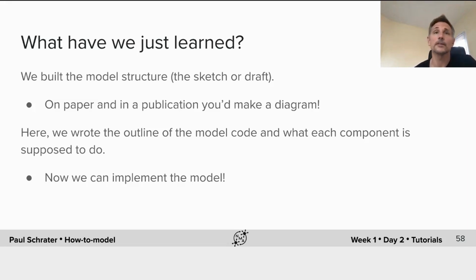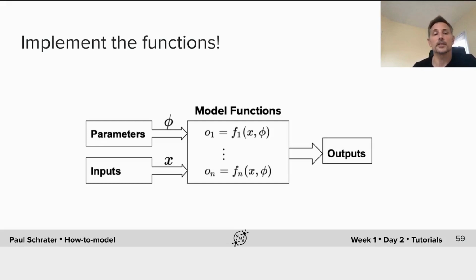For those of you who haven't had a background in software engineering, planning things at the code level should mirror these diagrams, but it looks different. Still, it's incredibly useful to engage in the structure on a regular basis that we just went through in the previous tutorial. As we implement the model, your goal is to fill in the gaps by putting together the mechanisms that you know should be there in the right order in order to take your inputs and convert them into your outputs. We implement the functions.